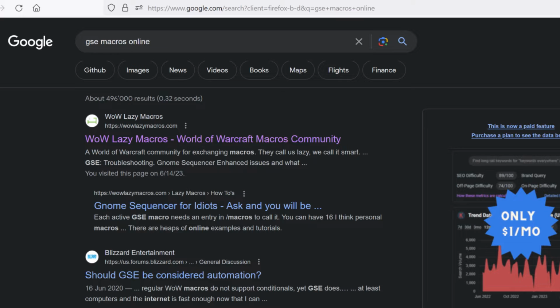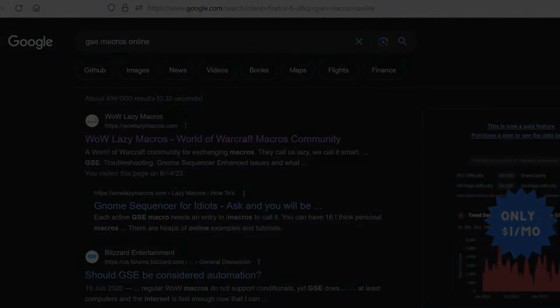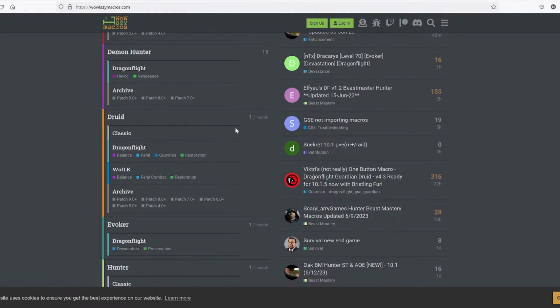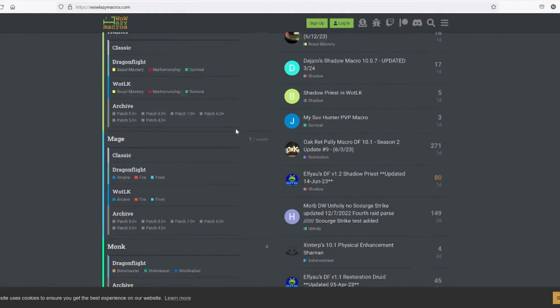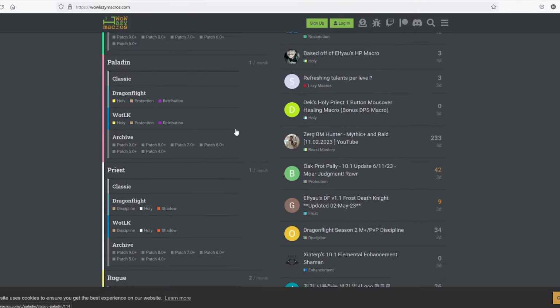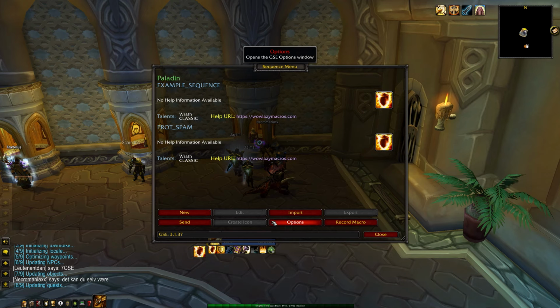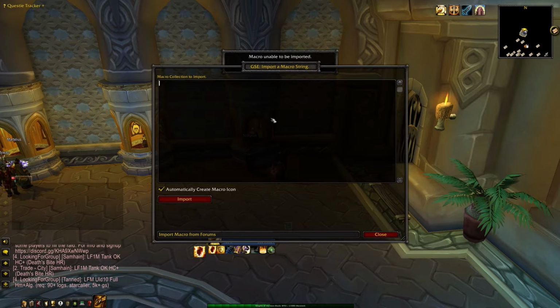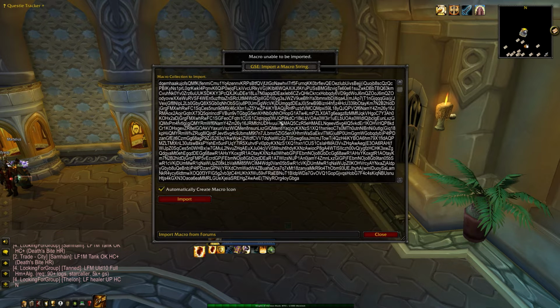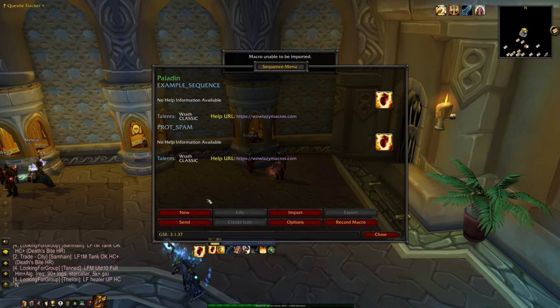To find a full library of GSE macros, then head to wowlazymacros.com and there's a link in the description below. Here you'll find pre-made macros for every class and spec in Wrath Classic, and even retail World of Warcraft. Once you've found a macro that piques your interest, just copy the code here and then go into GSE options and click import. Paste the code and click import, and then you can drag the macro to your action bar